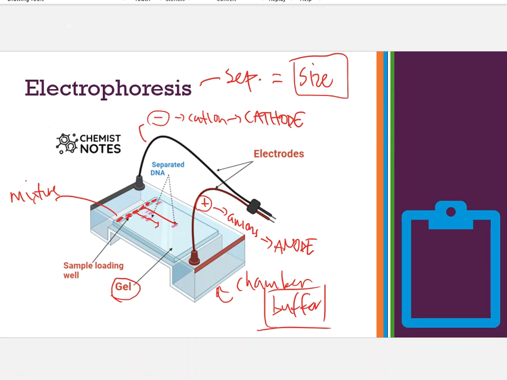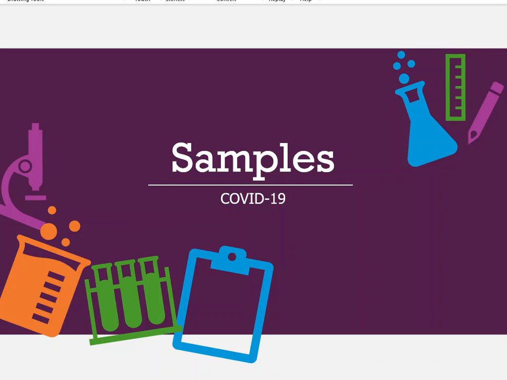All right, with that said, that's where I'm going to stop. In the next video, we are going to discuss some of the samples that we are going to be injecting onto this electrophoresis chamber. So take a break, take a snack, take a drink, and then crack those knuckles, because when we come back, we're going to be talking about samples. We're going to be talking a little bit about theory and some different alternatives if we didn't have electrophoresis at our disposal that we could possibly use for this